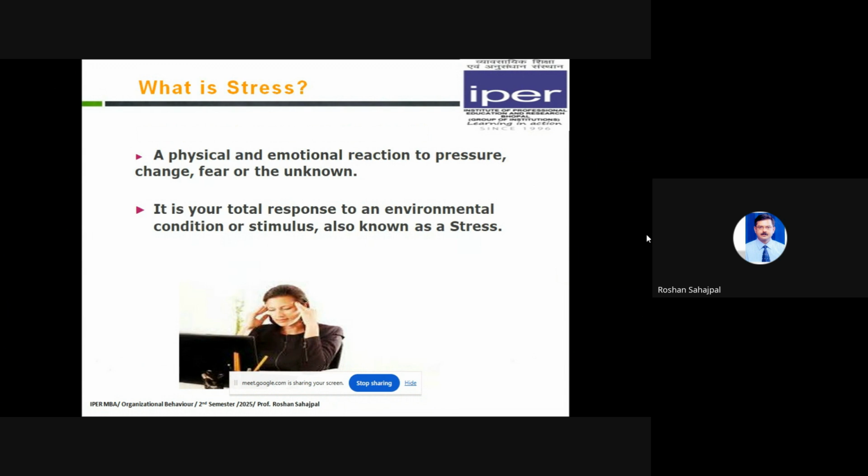So एक organization में क्या होता है कि बहुत सारी conditions हैं जो कि एक employee को stress दे सकती हैं. वो उस organization का culture हो सकता है, वो unresolved grievances हो सकती हैं employees की, या फिर उस organization में जो leadership है उसका एक dictatorial या एकतरफा आप कह लो कि management style, वो कभी कभी stress को जन्म देता है.